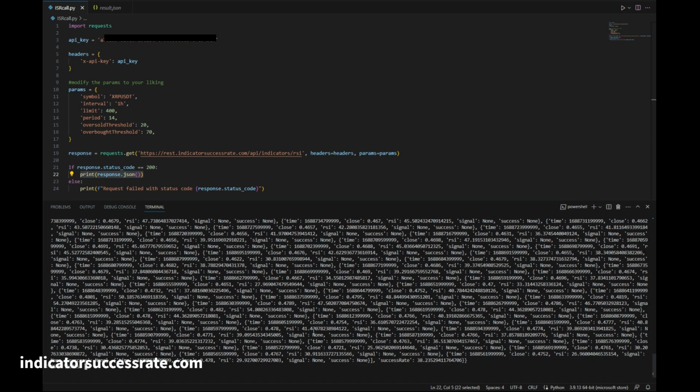And there you have it. This is how you make an API call to retrieve RSI data for a cryptocurrency pair with Python using the indicatorsuccessrate.com API key. You can get your API key by registering now on